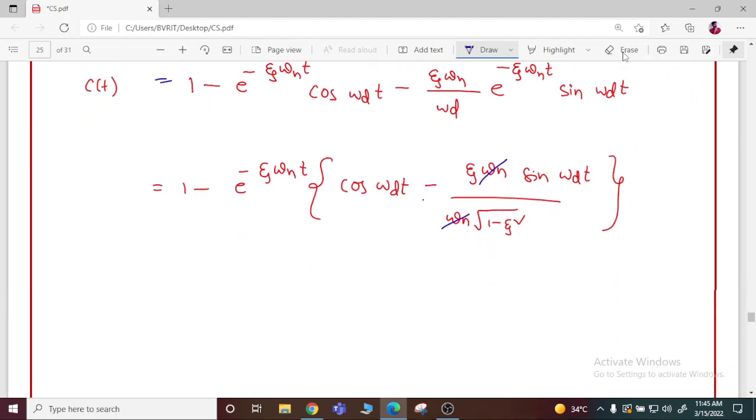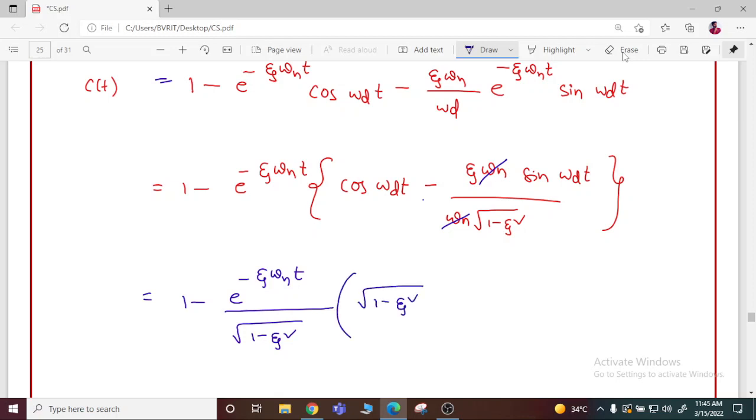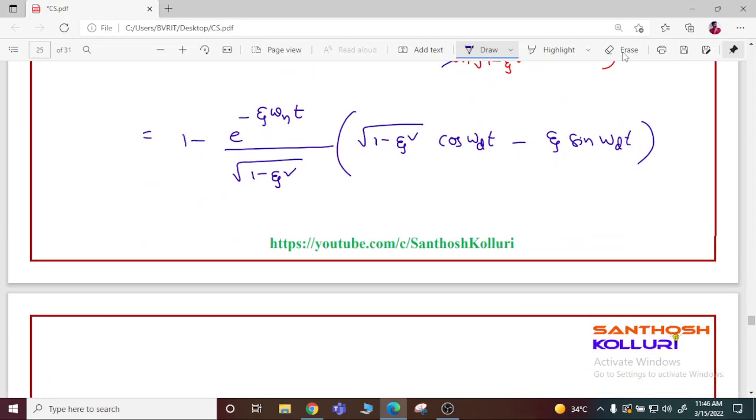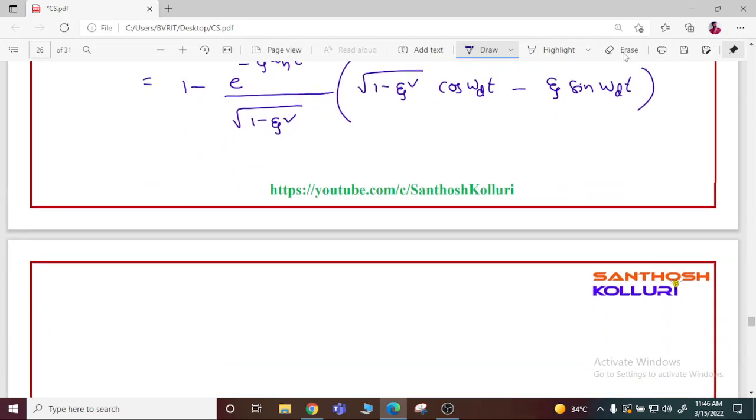and now I can take it as common: 1 minus e power of minus zeta omega n t divided by root of 1 minus zeta square, into root of 1 minus zeta square cos omega d t minus zeta sin omega d t. So, this equation,